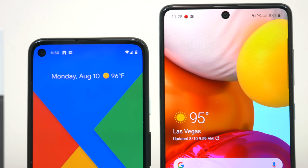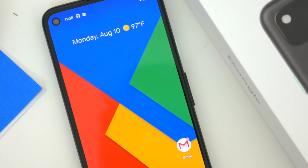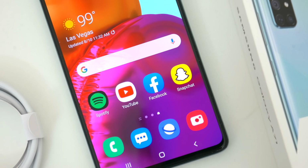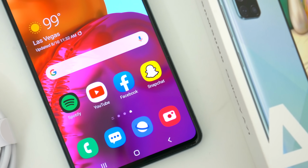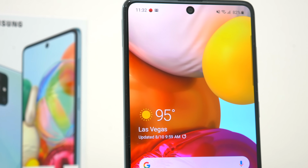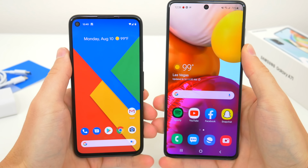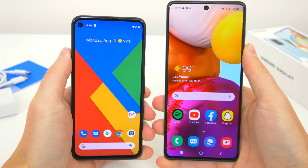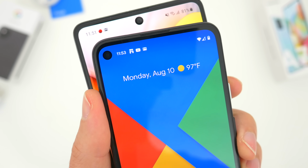The Pixel 4a has a decent sized 3140 milliamp battery that can charge using the included 18-watt fast charger. The A71, on the other hand, has a larger 4500 milliamp battery paired with Samsung's superfast 25-watt charger. Now, yes, the A71 has a significantly larger display, which draws a lot of juice from the larger battery. But when it comes to just longevity in general, I do actually think the Pixel 4a has a slight advantage